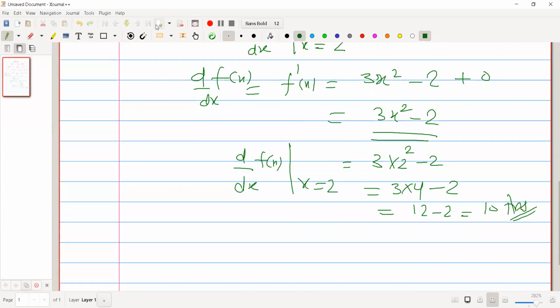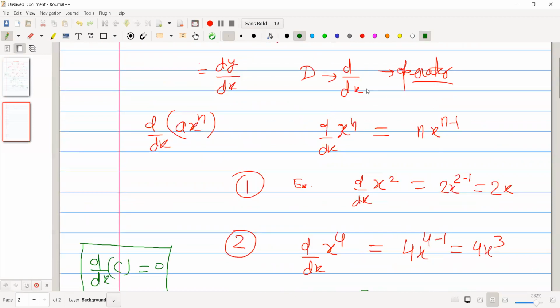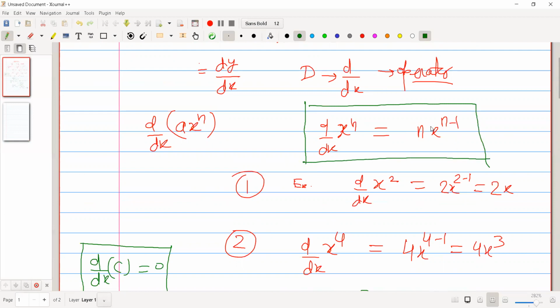Okay, so next, move on. Hope you understood that, and this formula I am applying here. We also have to solve some questions related to the formula, n into x power n minus 1. We have also seen the physical interpretation, that this tells about the slope of the function on the curve at whichever point we want to calculate. Okay, we will also extend this concept.